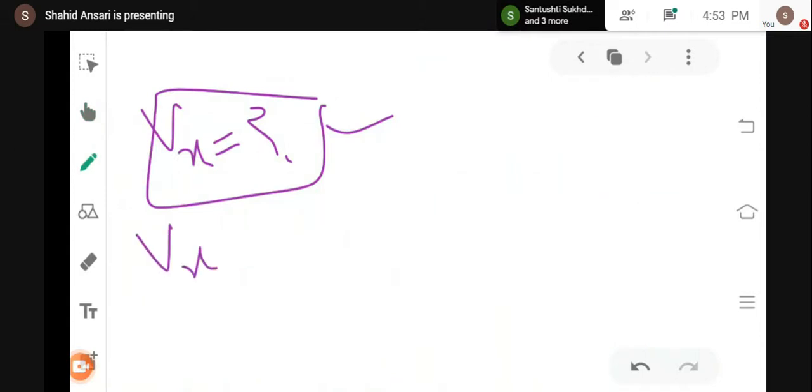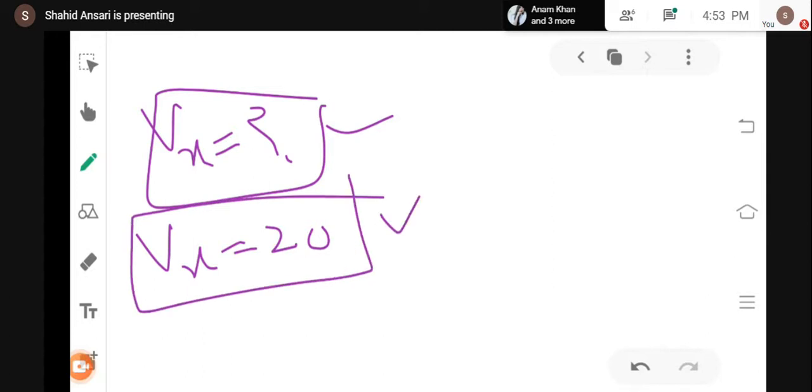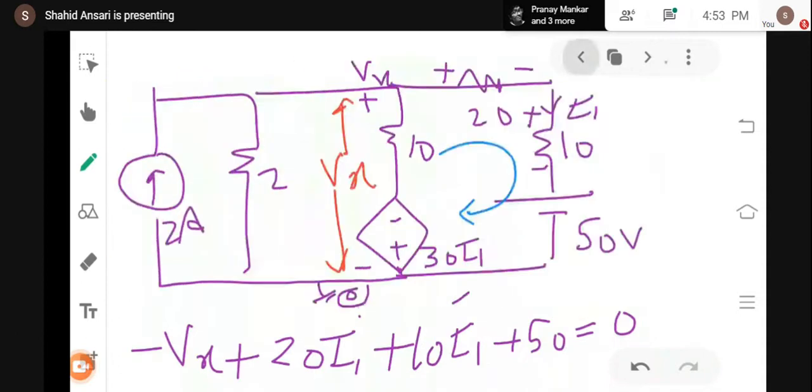Let me assume that Vx is coming out to be 20. And in the same numerical, if it is asked to find the current through 2 ohm, what will be the current through 2 ohm? Now we have received the value of Vx. The voltage across 2 ohm will be Vx. You can simply mark any current, let's assume I2. We have Vx, which is also the voltage across 2 ohm. So I2 will be Vx divided by 2.